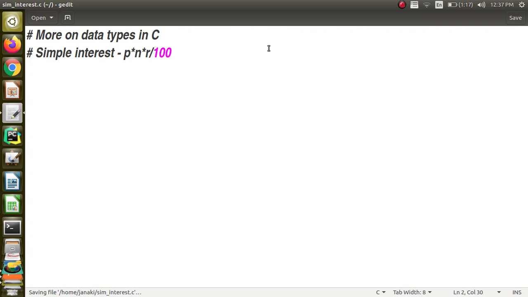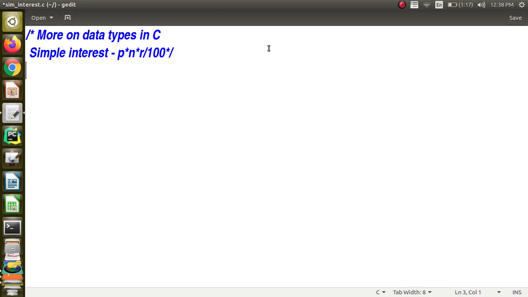Okay, so we will try to solve this problem. Actually, for comments we should use double slash. Here I am using single line comments for both of these statements, or else you can use multi-line comments also, like this, where I will start with slash star and finish it with star slash.